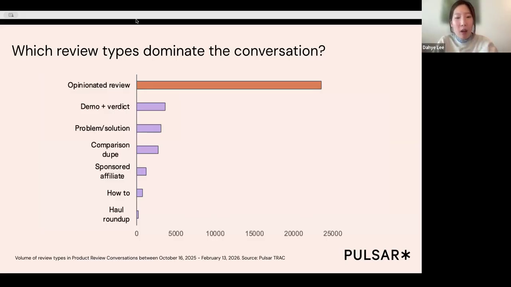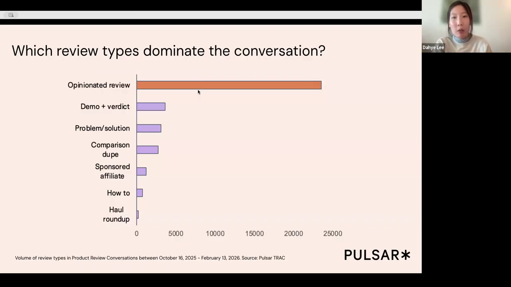It's really interesting actually. So what we look at first is the overall product review videos on socials, and then break it down by types of reviews, and then look at what's different to each other. One thing that jumps out instantly here is that opinionated reviews massively outperform everything else. That tells us really interesting things. Audiences are definitely gravitating towards strong point of view content rather than neutral walkthroughs.